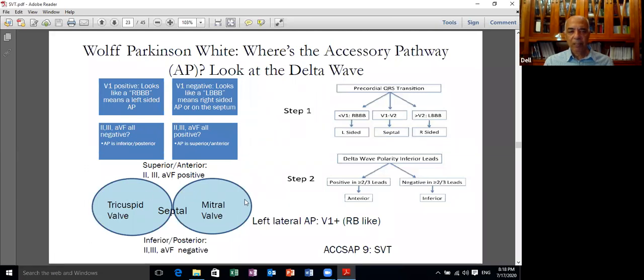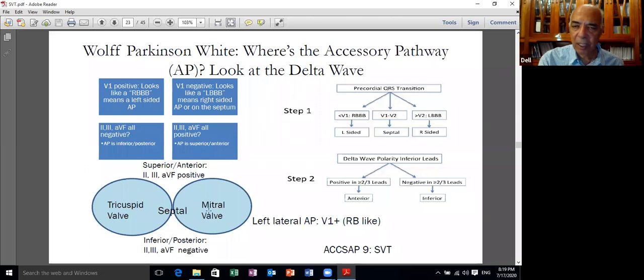If it gets positive, it's located on the left side. So by looking into the precordial leads of V1, essentially, you can localize right or left-sided, and then looking in the inferior leads, it tells you whether it is in the superior mitral or the tricuspid valve, or in the inferior mitral or the tricuspid valve. In the superior, it will be positive in the inferior leads, and vice versa if it is in the inferior mitral or tricuspid valve. Simplification, but it works in the large majority of cases,